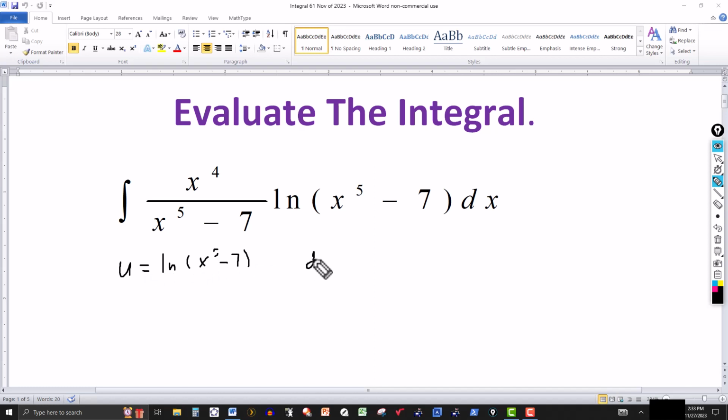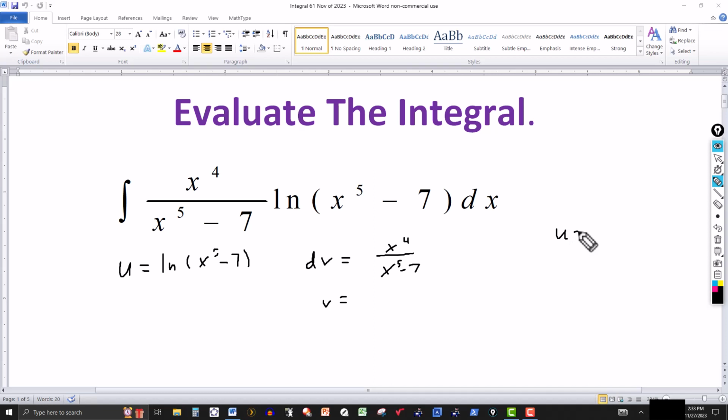And I pick my dv. For my dv, I pick something I can integrate. So I'm going to select the rational expression x to the fourth over x to the fifth minus 7. So then v would equal, if I integrate this, on the side over here, I'll just say